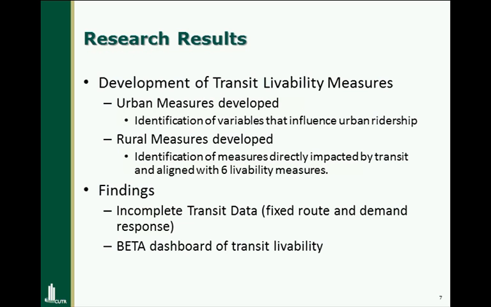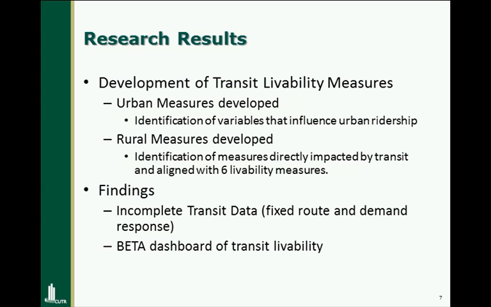On the urban measures developed by OTREC, they were looking at variables that influence urban ridership, and they were able to look at parcel level data, ridership data at multiple sites throughout the country to divine what are the things that contribute to urban ridership, which then in turn contribute to more livable